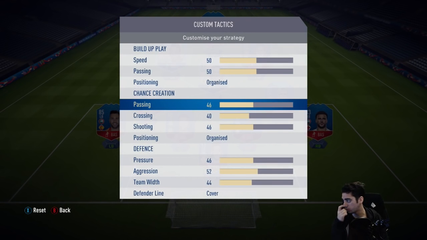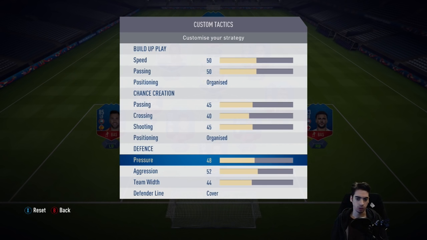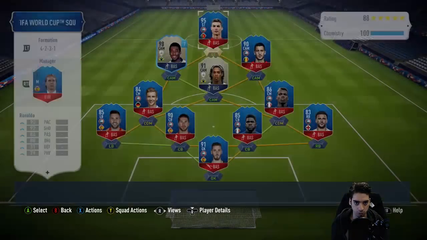I have to change out a few things here. Very, very minimal stuff here. 40, 45, and then this one was 48, and then this one was 44, with 42. Okay, so I'm going to explain the custom tactics, and I'm going to explain the instructions that I'm using for the 4-2-3-1